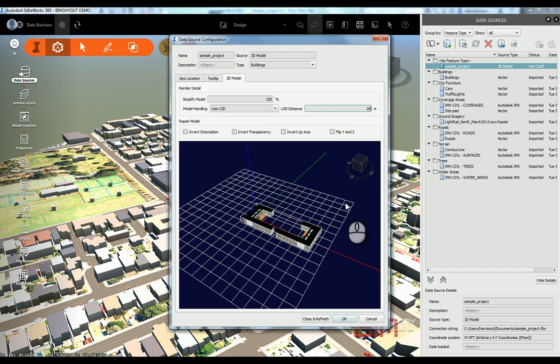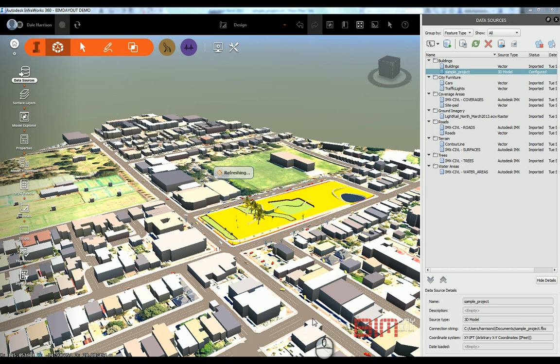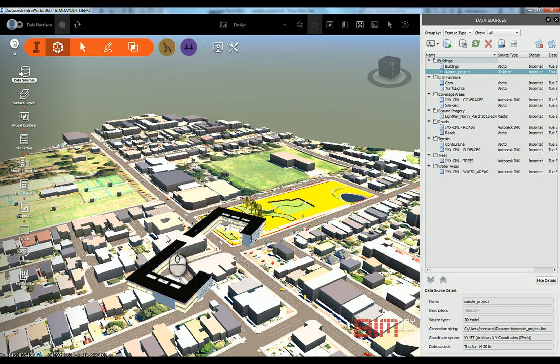20 meters, and I'll show you what that is for. It just reduces the amount of polygons from a distance. So as you can see, it's processing the file. It doesn't take that long at all. And we'll bring it in. In this correct spot. So as you can see here, it's come in, but it hasn't been put in through